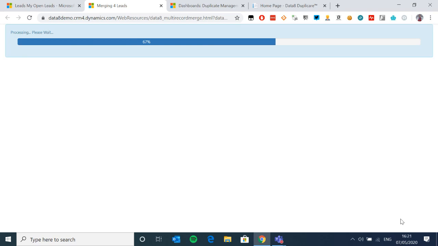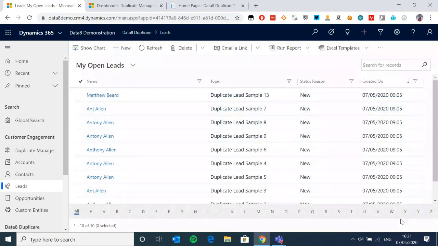So what this is doing behind the scenes is that's firstly probably waking itself up because I've not done the demo for a little while. But what that's doing behind the scenes is that's calculating the most efficient way of doing the merge. Now, behind the scenes, that is still doing a merge. So if you were to have a plugin that you fire on merge or update certain fields or those sorts of things, then they will all still fire.